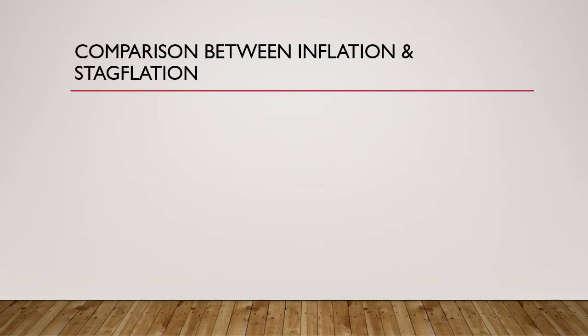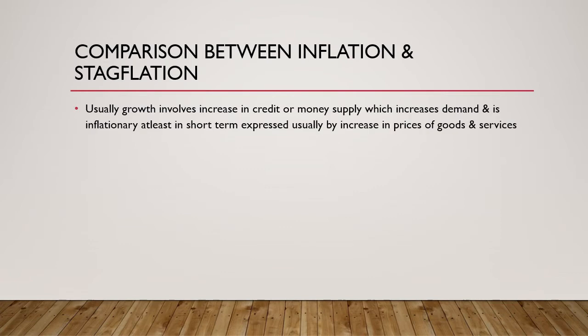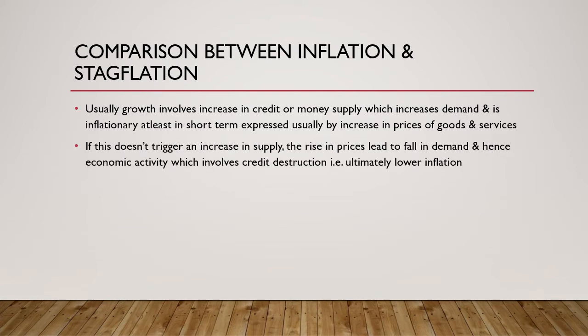Now let's quickly compare inflation and stagflation before we go into the details. So growth in the economy usually involves an increase in credit or money supply, which increases demand and is inflationary in the short term. We'll just see how it is in the next slides. This inflation is usually expressed by increases in prices of goods and services. Now, if this increase in demand and inflation doesn't trigger an increase in supply of goods and services, that is, increase in growth, then